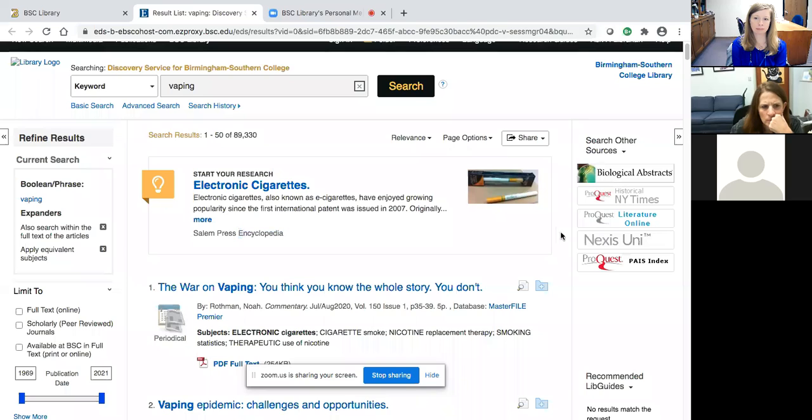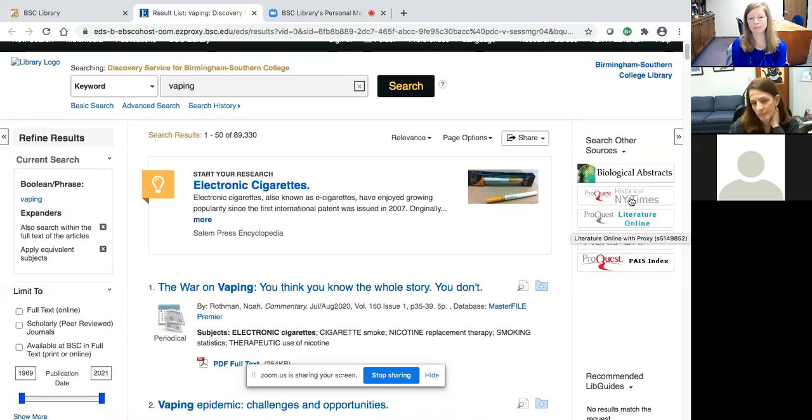I can let you know that when you search Discovery, you're not searching automatically all of the resources that BSC Library subscribes to. And not to really get down into how all this works, but there's competition between content providers and vendors, and they each like to promote their own materials. So when you're searching Discovery, this is an EBSCO provided platform, and ProQuest is a different vendor, for example. So we're not seeing content from ProQuest automatically in the results list, but we have some buttons to the far